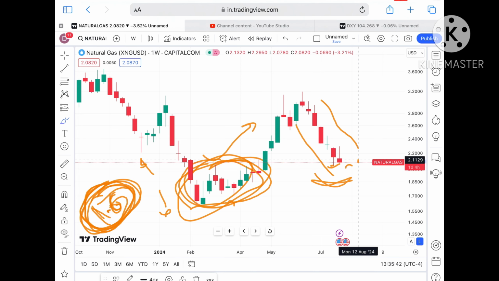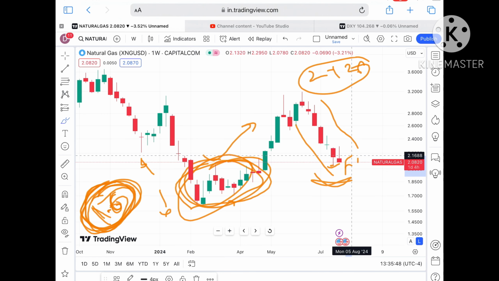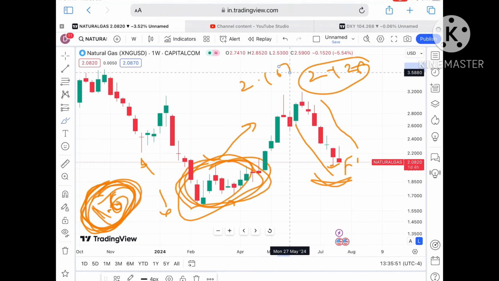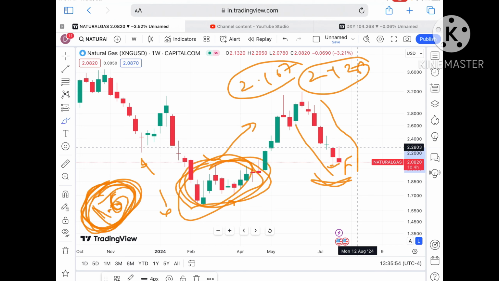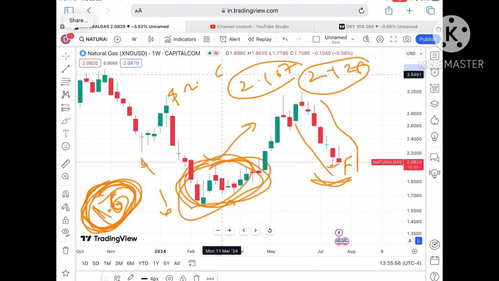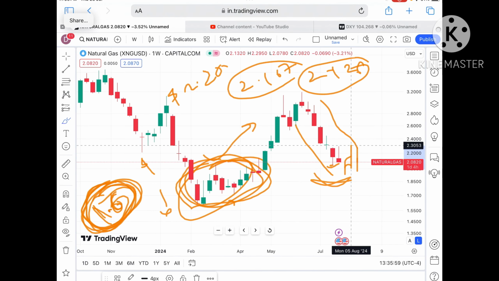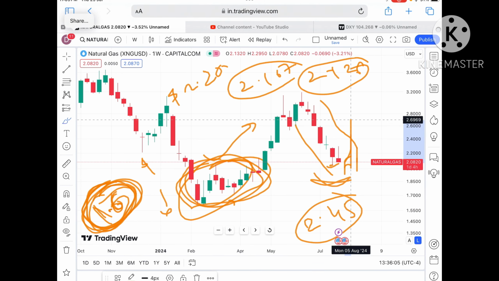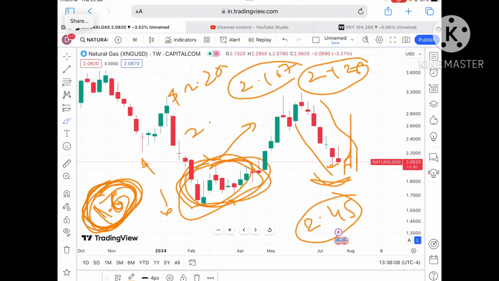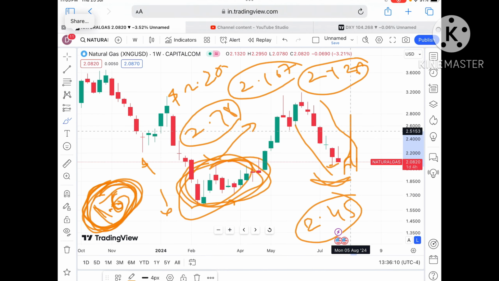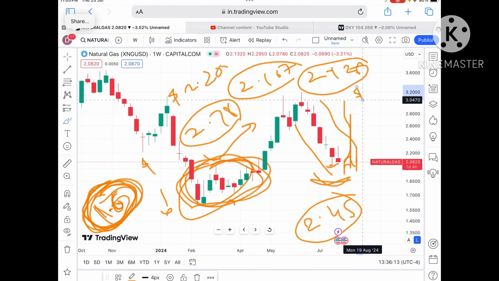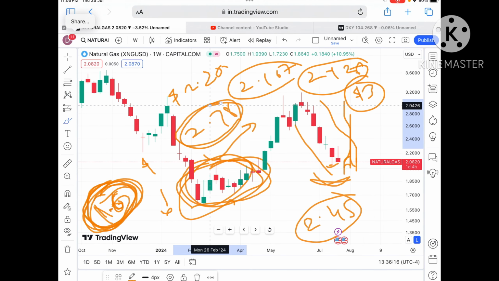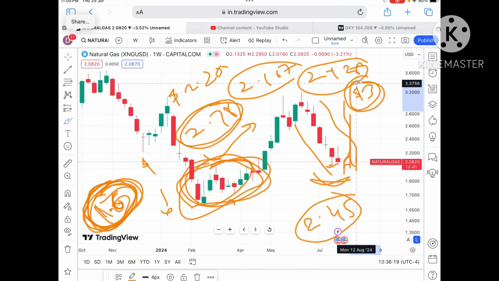Okay, so if it started going above this level, then next level we can see a level of $2.126, and if the price moving above that particular level, we can see a level of 2.167. If the price going above that particular level, we can see a level of 2.2068, and if that sustain, a further upside towards 2.3, and once the price moving up that level, we can see a level of 2.45, and then a further upside movement we can see towards $2.78. Keeping that in mind, there will be higher chances of going towards a level of $3 as soon as the price started going above 2.7, and if the price moving above that level, a further upside movement we can see.